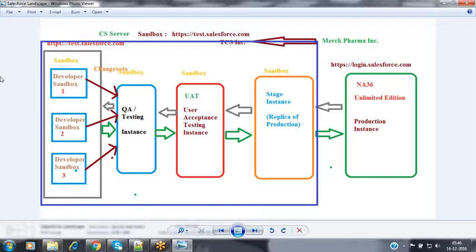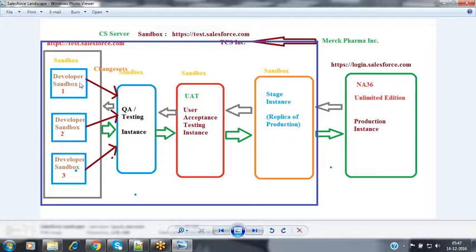Now we have so many developers inside our organization, inside my team, who are working for the same project. So for every developer, they are going to allocate one sandbox, nothing but one developer environment, to you. And the developers are going to log into this sandbox and implement some certain functionality. Every developer will be logging into their associated sandbox, or one sandbox can be used by multiple developers also.